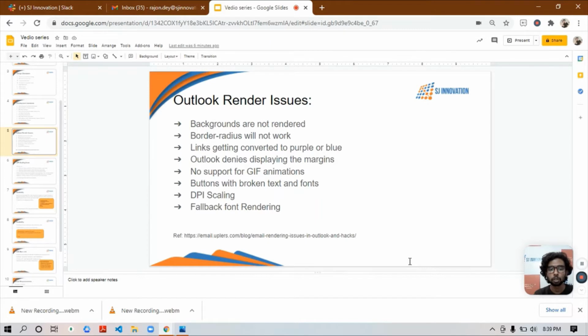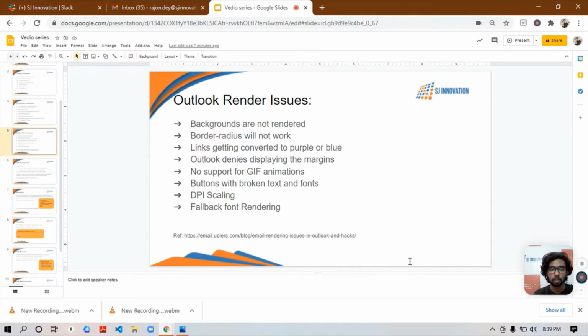If you write your color with !important, most of the time it will fix this. But this is an important render issue that you need to consider.